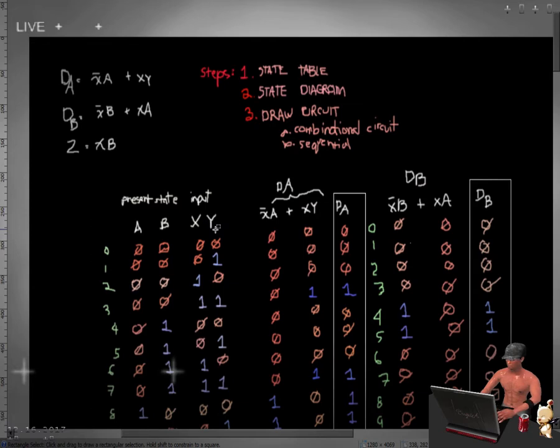And then it goes to the next state, which is 0, 0. The output is 0. Then, when the input is 1, it comes back to 0. Present state is 0, 0. The next state, it goes to